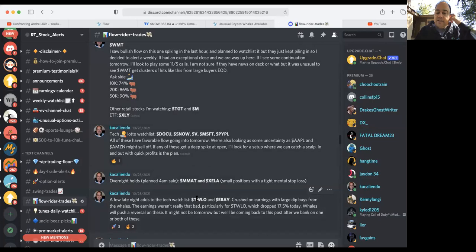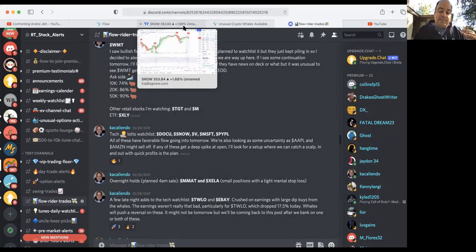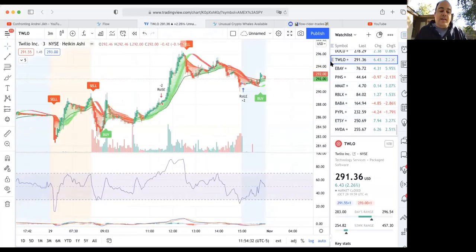So a little later in the night, when I was going back into the flow, I didn't notice anything particularly unusual with Twilio or eBay when I was watching the flow live. But because they were down so much on Thursday, I decided to look into them and see what the picture and the flow looked like. And it didn't seem like there was a lot of appetite for ask side puts that might push those down further. So I was thinking, both in the short term for Friday, and then maybe in the long term for a swing, that these might make a comeback. And I did actually enter Twilio, and I can show you